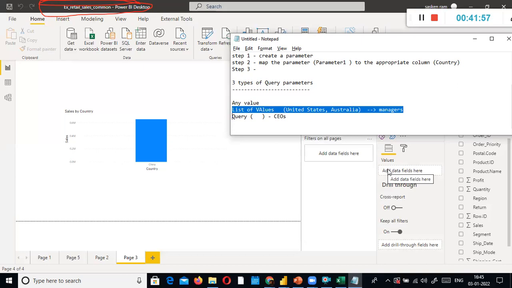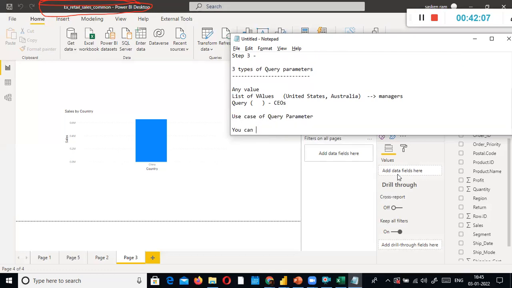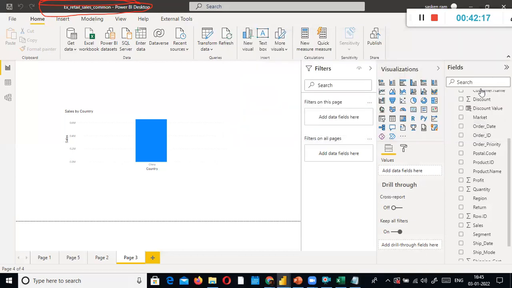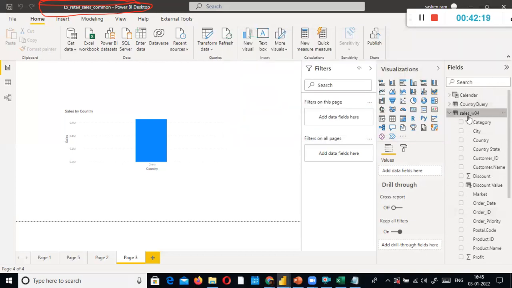Now you understood. Apart from this, another use case of query parameter is that you can specify the query parameter for source settings. What do you mean by source settings? Which data set am I using? Sales W04.